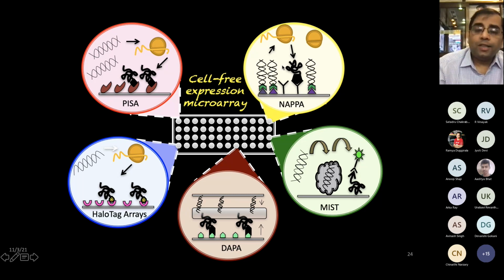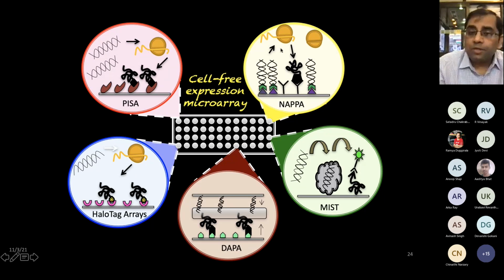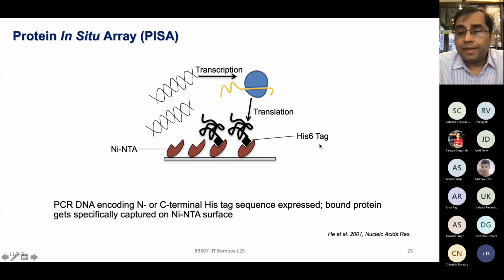So based on this concept, multiple technologies have come forward. I will briefly talk about each one of those, but I will mainly talk about this technology in quite great detail: protein in situ arrays, or PISA. As we are talking about arrays, I was trying to give you the idea of what was happening around 1990 to 2000, and this paper came in 2001. That is the time when people were trying to conceive how different array technologies could be built, which could be high throughput, usable for proteins, and simpler in approach.